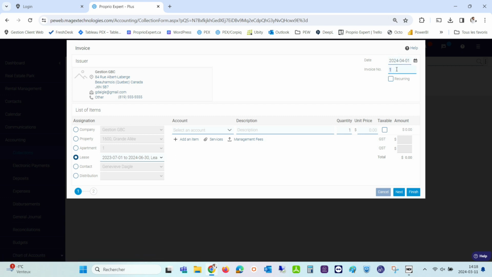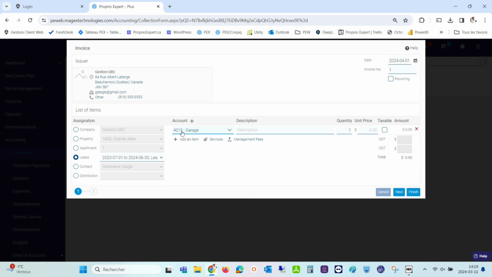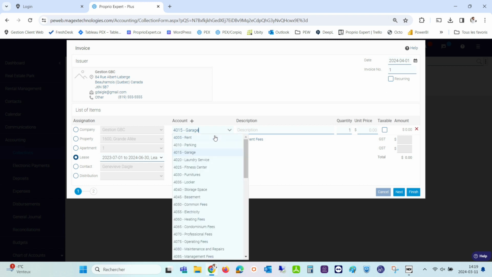The invoice number is easier to find back in the report if you put a number. So you just need to put any number over there if you want to find the invoice that you created manually. After that, the assignation has to be for the lease, and you will choose the account. Since she wants a garage, I click the account garage, and you have other options also, other accounts that we do have if you want to add parking, fitness centers, furniture, locker. So you can choose the right account that